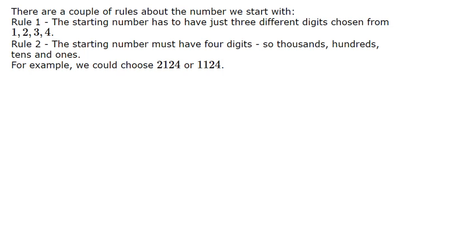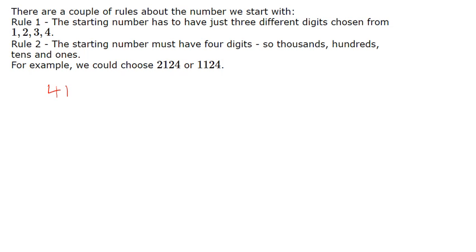Okay, so your task today is going to involve a bit of an investigation with some 4-digit numbers. There's a rule that you need to know about that. You have to only use 3 of the digits from 1, 2, 3 and 4 to make your 4-digit number. It has to have 4 digits, so a couple of examples: 2124, 1124, but we are going to start with